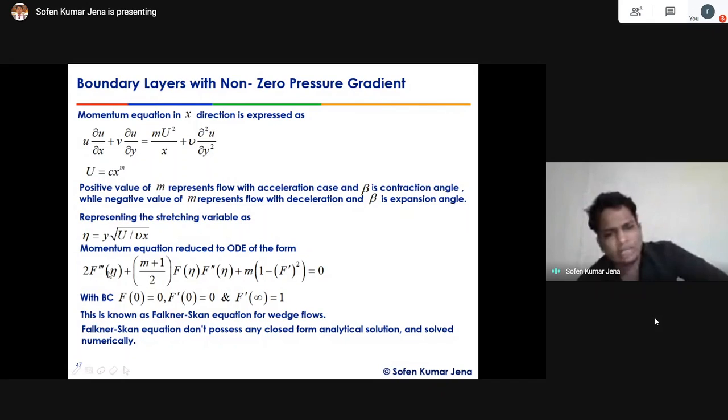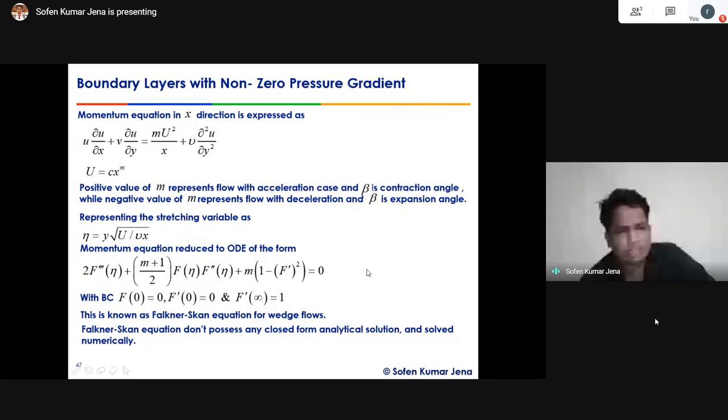So what are the boundary conditions to solve this differential equation? At eta equal to 0, f is equal to 0, because the body is a streamline. F is similar to a stream function. F dash at 0 represents the velocity at y equal to 0, which is the no slip condition. Then f dash at infinity equals 1, meaning above the boundary layer, at any position in the free stream, the shear vanishes. Using these three boundary conditions, we can solve this ordinary differential equation.